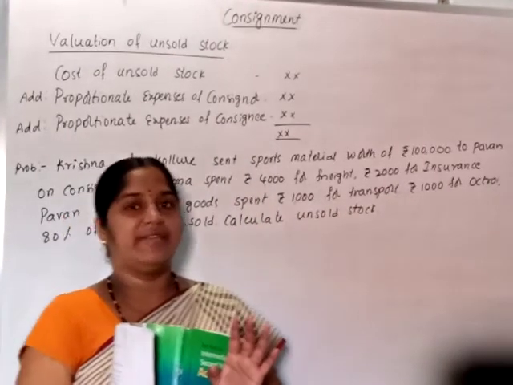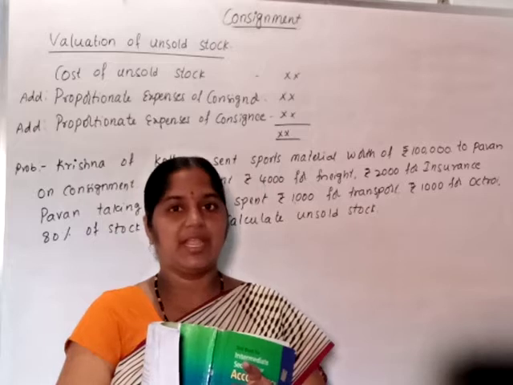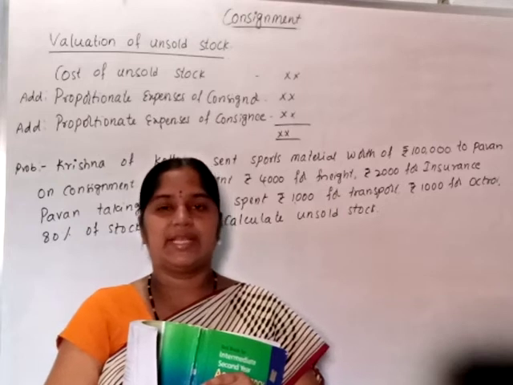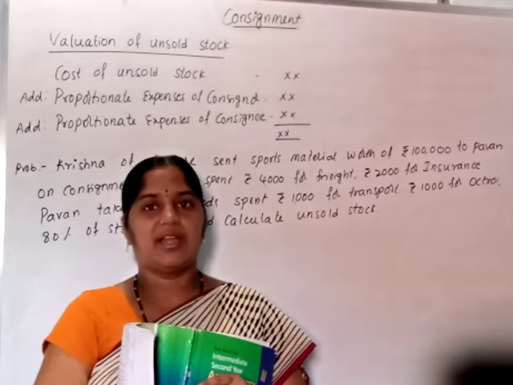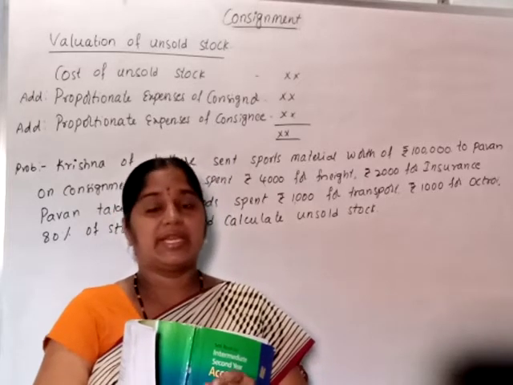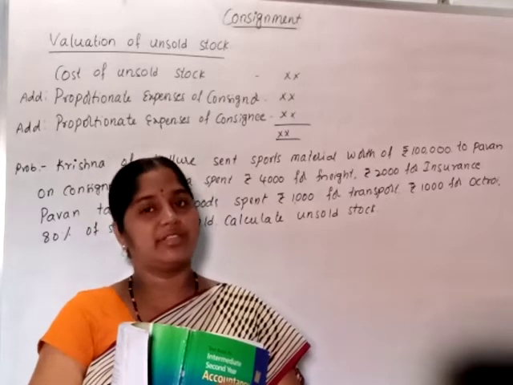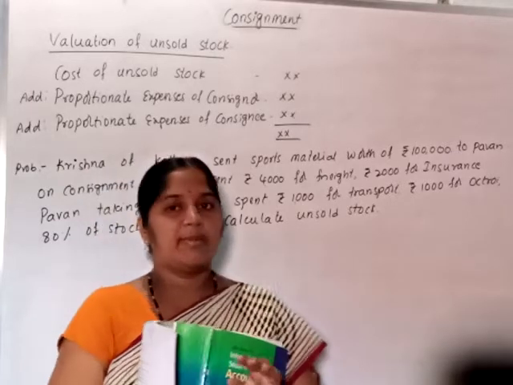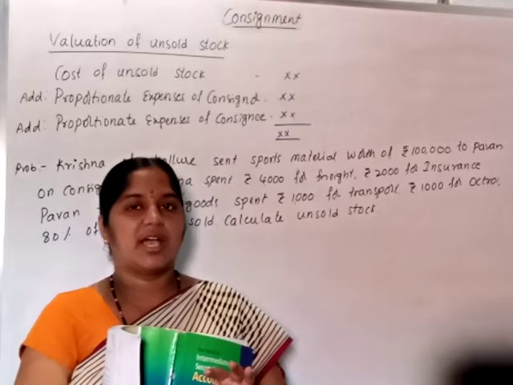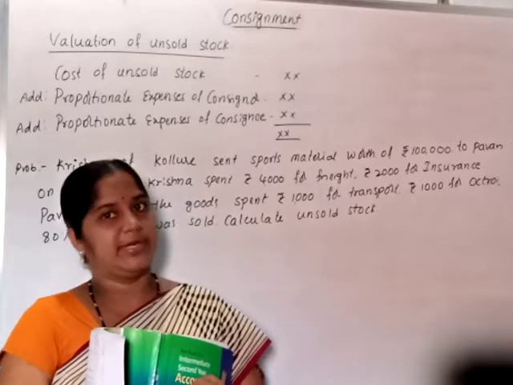In the previous class we already discussed the non-recurring expenditure of the consignor and of the consignee. And I told you one more point: all the expenditure of the consignor is treated as non-recurring only, so no need to identify. But in the case of the consignee, we have to identify which is recurring and which is non-recurring. In this problem, transportation is carriage and octroi is given, so these two expenses paid by the consignee come under non-recurring expenditures.